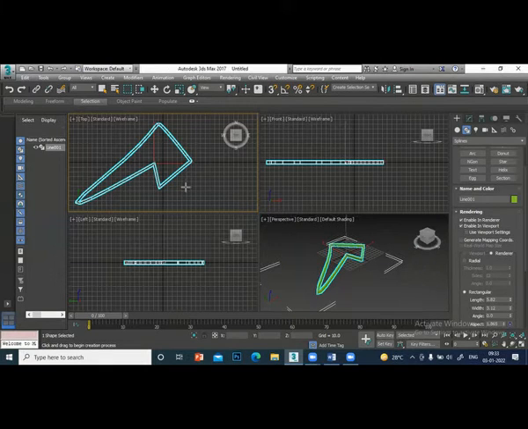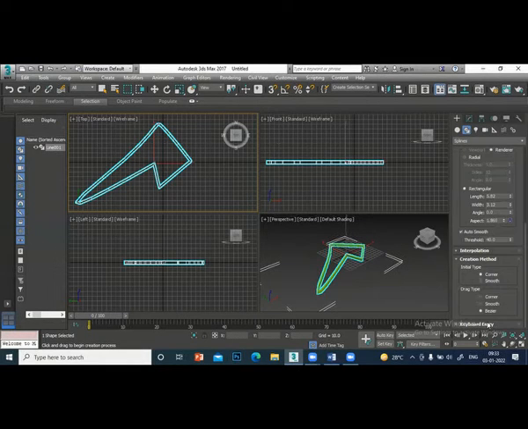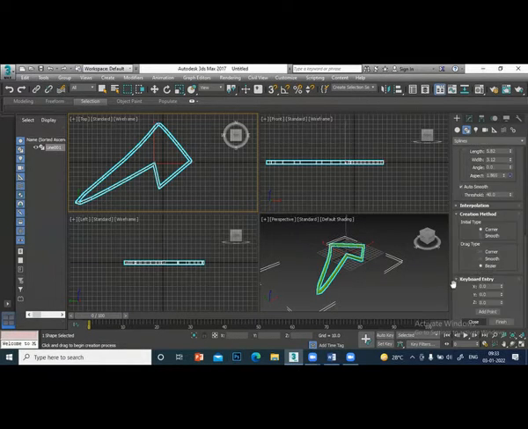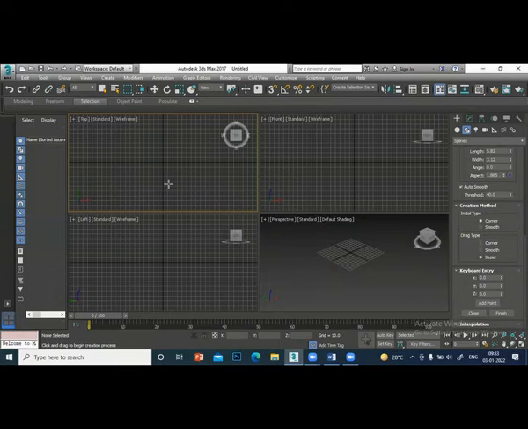Suppose you want to draw the line based on measurement. There is a facility available here, keyboard entry. You can use keyboard entry to draw based on the measurement. Suppose I want to draw a rectangle 10 by 5. So I'll go to keyboard entry. First, I will show a point 0, 0, 0. Add point, click. So we click a point at exactly the center.